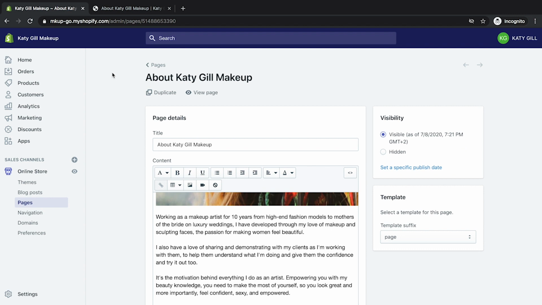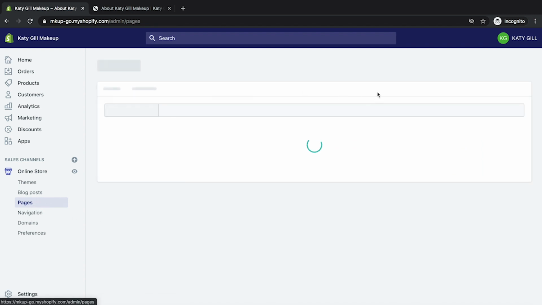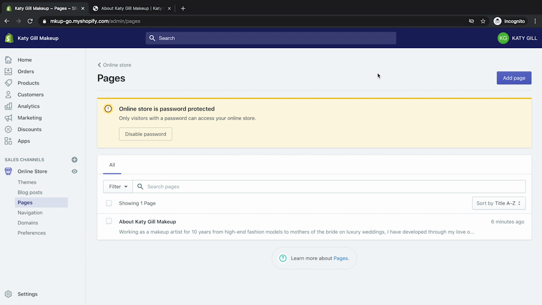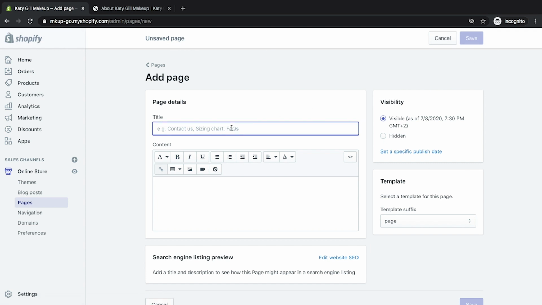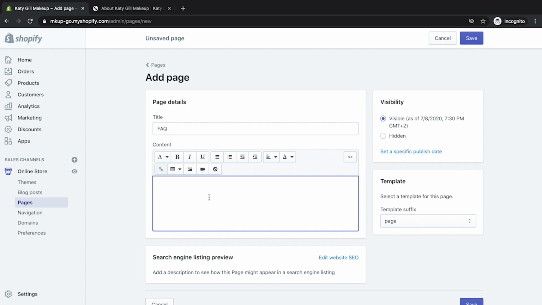Next up, we'll create an FAQ page. This will be things like perhaps how your deliveries are happening, or anything else that you've got going on to do with the shop that your customers might want to ask you repeatedly. It could be anything you want. I'm just going to show you a different way of creating another page. So we'll add a new page. We'll call this one FAQ, and we'll start with a first question. Again, this will be edited properly once we know what the content is.